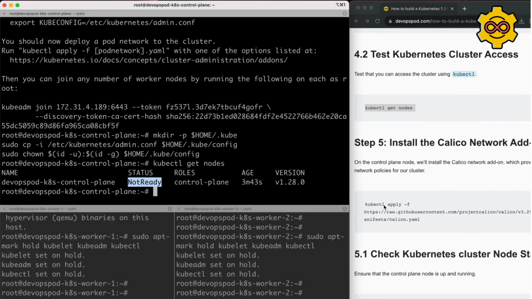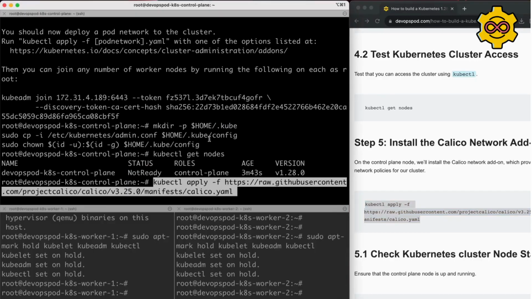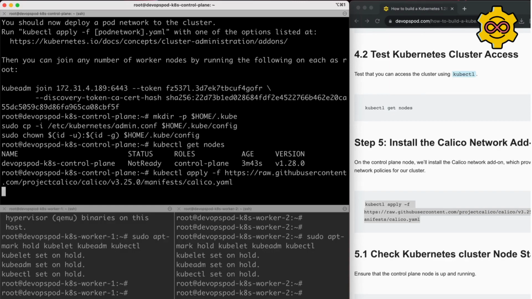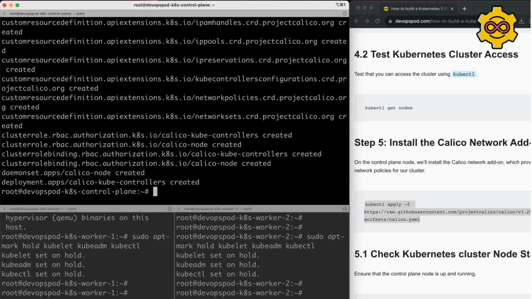So I'm going to go ahead and do that with kubectl apply -f, and I'll just pass this manifest file from the project Calico website, and it's called calico.yaml. It's just a manifest file that contains all the configuration we need to install the networking plugin in our cluster. So I'll run that, and it's going to create a series of objects in the cluster, and that installs the